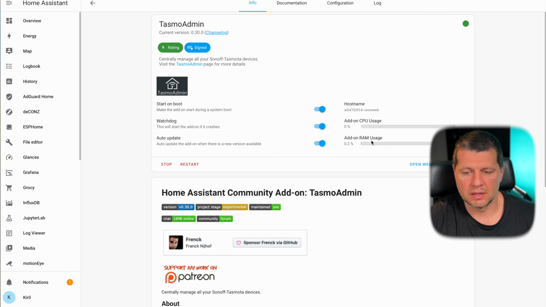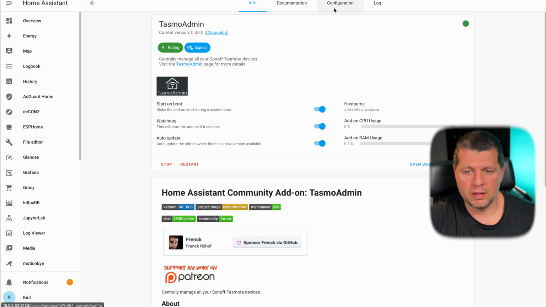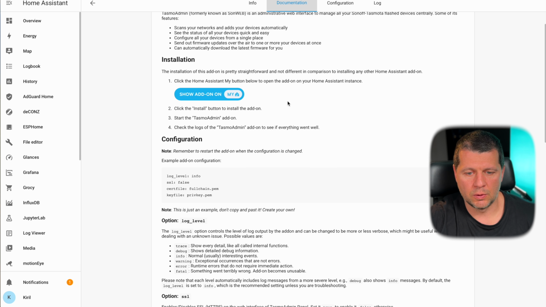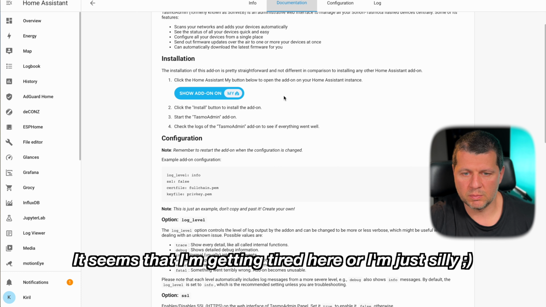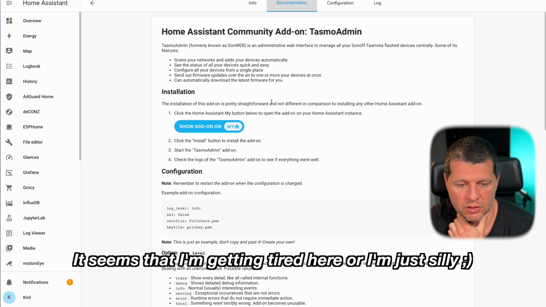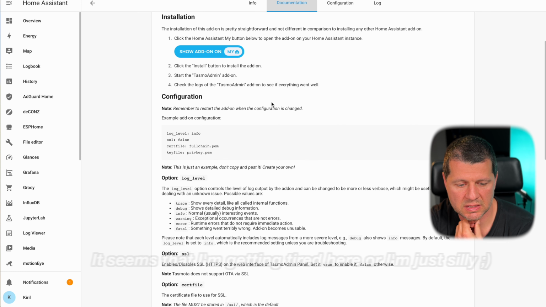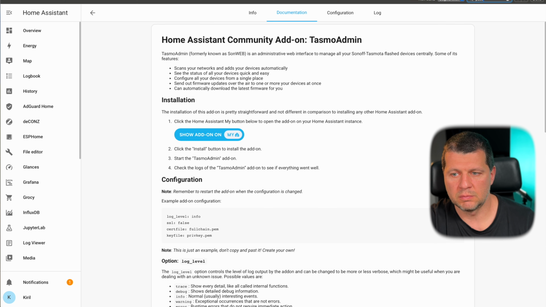Great. And it is started. Let me check the web UI. How can I log in? How can I see the default username and password? Why are they not written right here in the documentation, or I simply didn't see them. I cannot log in, guys. Let me search